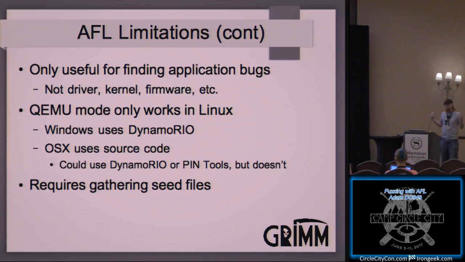So if you get a whole bunch, you'll get the most variety, which is what you're looking for. The other thing is the seed files should be as small as possible and they should cover as much code as possible. You're trying to get maximum code coverage with the least number of files and the least number of bytes. That's going to be your most efficient way because if you have an image and it's a GIF,